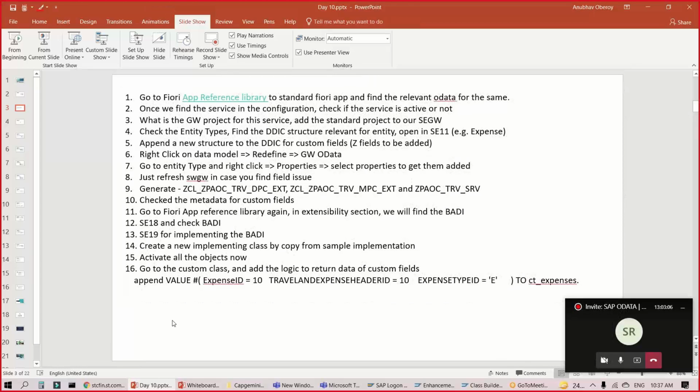How do we start finding the right object for extension? How do we find the correct data sets and extend the OData service end-to-end in my system for a simple scenario? Unfortunately, due to missing customizing in this training system, we will not be able to see the data, but we are at least able to visualize and do the whole process in the system.